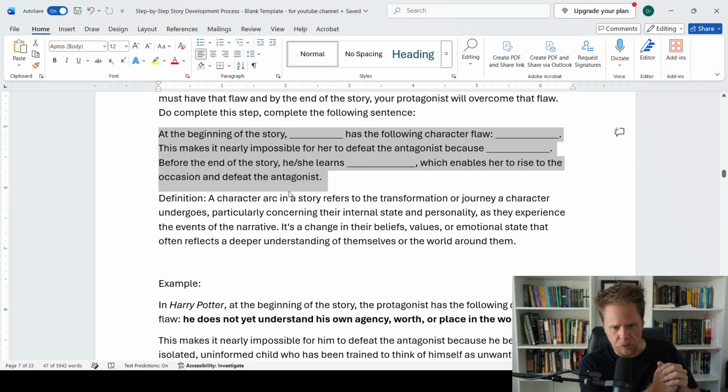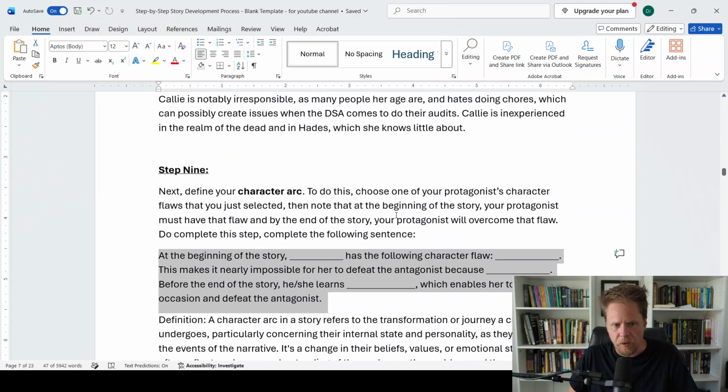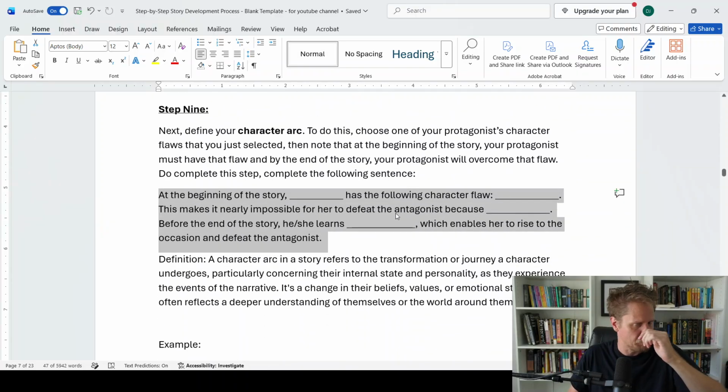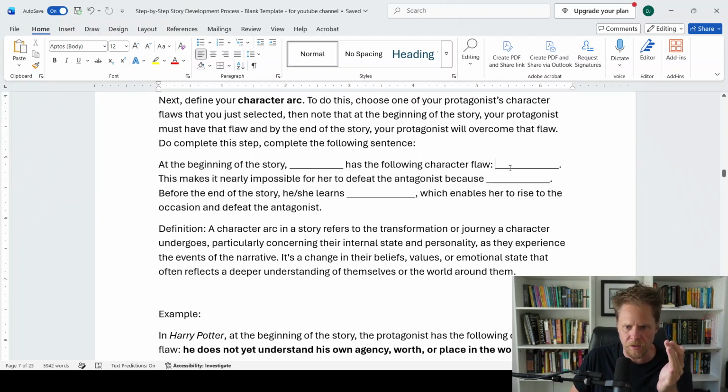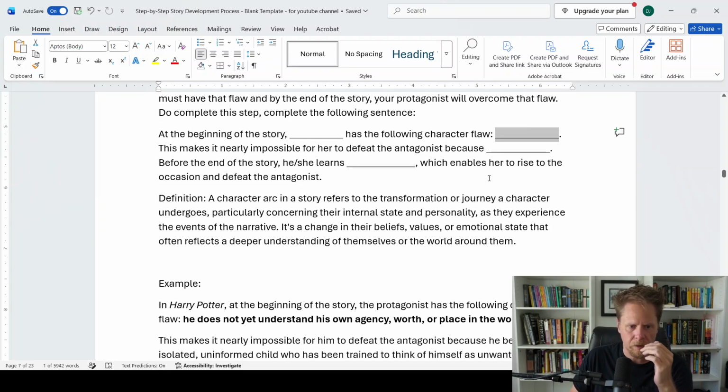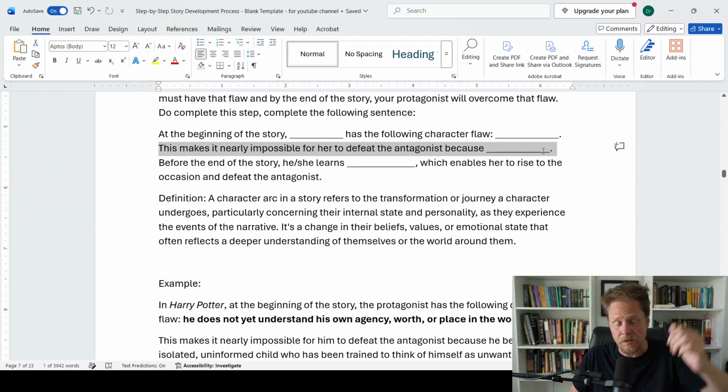At the beginning of the story, blank, Callie, in our case, has the following character flaw, blank. We already defined our character flaw in the previous step. If you haven't done that, go back and watch all the other videos to figure out exactly how to do that. But once you have the character flaw, which in her case is being irresponsible, this makes it nearly impossible for her to defeat the antagonist because